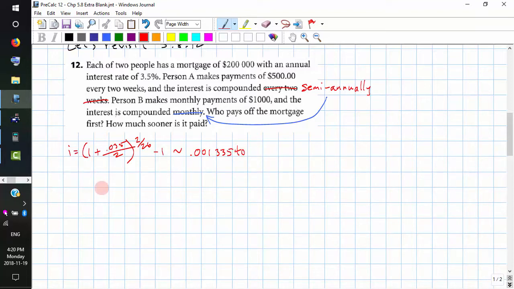And then we substitute our values into our present value formula. 200,000 equals 500 times 1 minus 1.001335540 raised to the power of negative n, all divided by